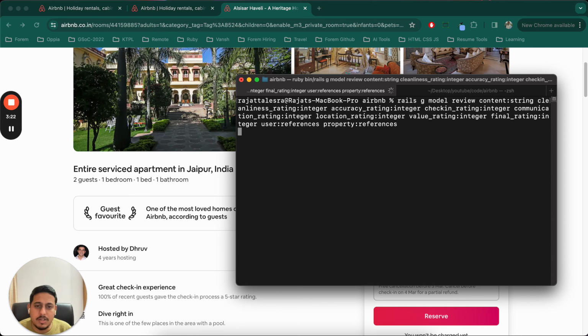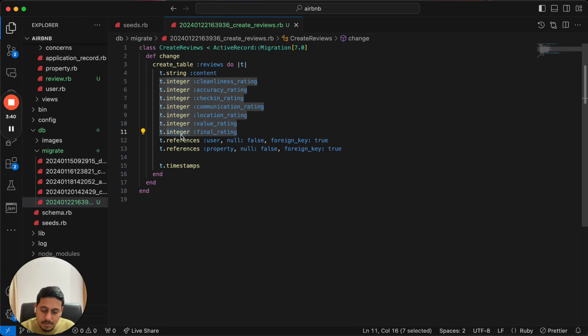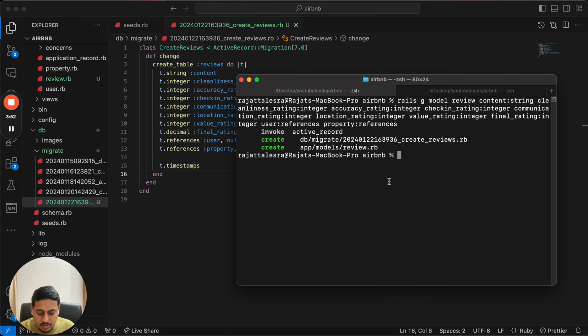Let's go to our database, the migration file. Content string, cleanliness rating, accuracy integer, check-in integer, communication rating integer, location, value, final rating. Final rating should be decimal actually. I can make this change here, but it should be a decimal because it will be an average of these six, right? References user cannot be null. Foreign key. Okay, great. So let's do this migration. Rails db